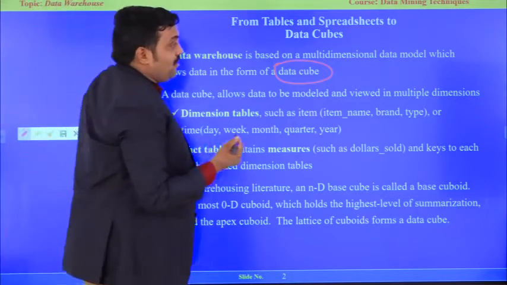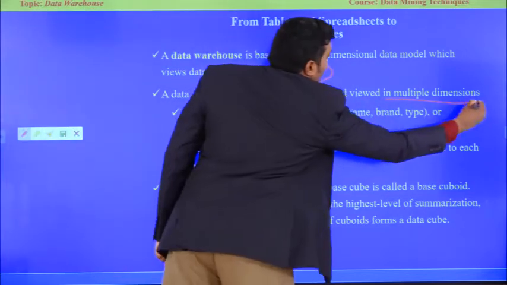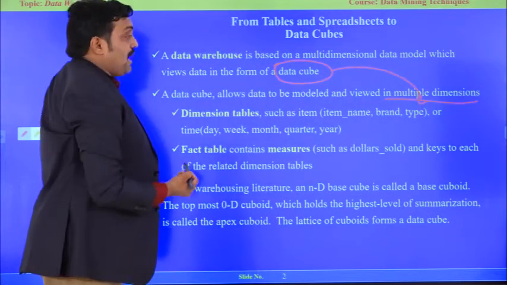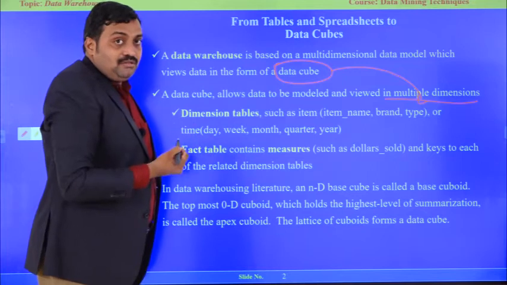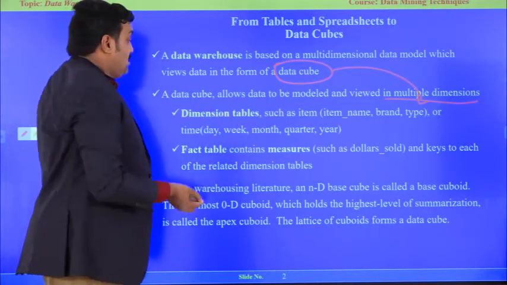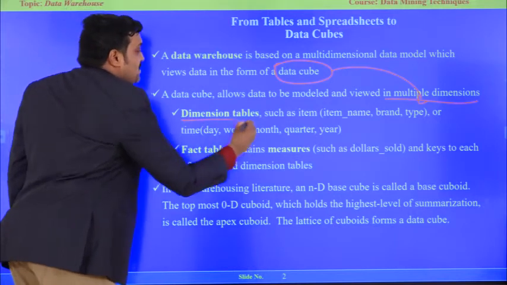When we work with the data cube, what kind of schemas do we need? When we want to view a multidimensional model of a data cube, I am taking a simple sales department example. How are we going to represent it in multidimensional form? First thing is the dimension table.